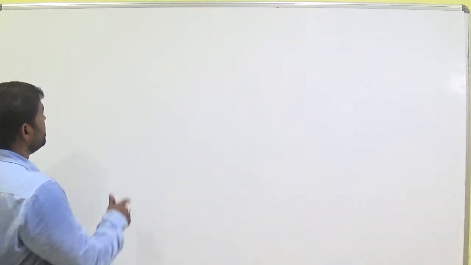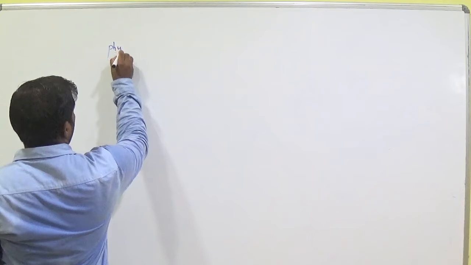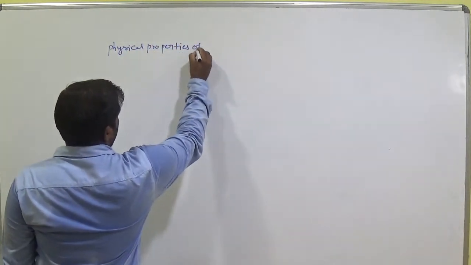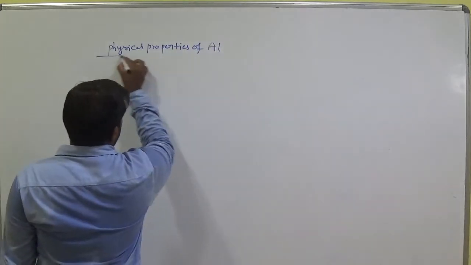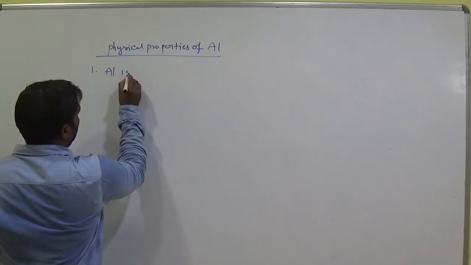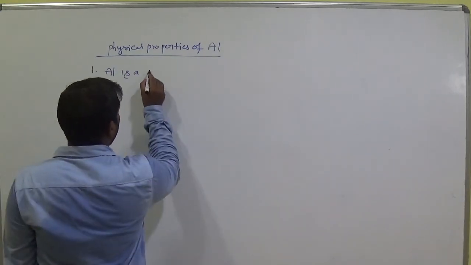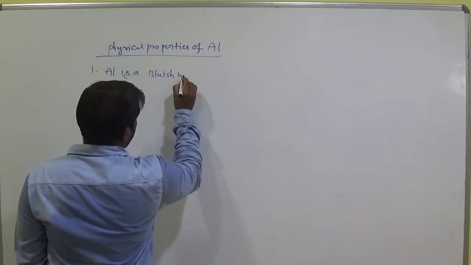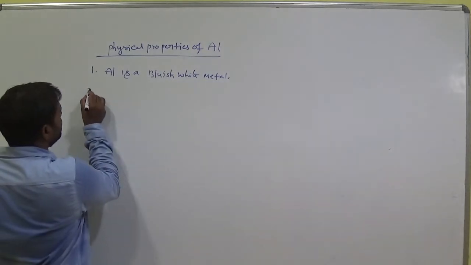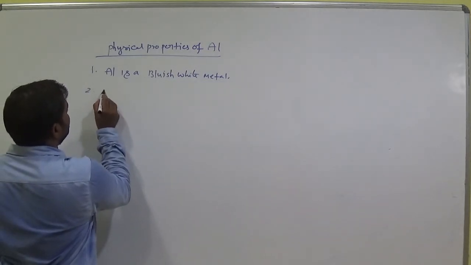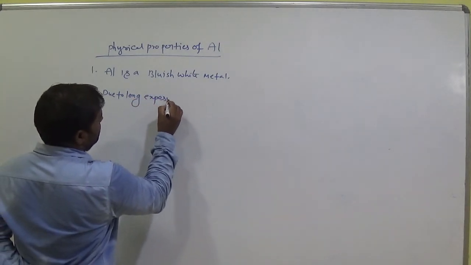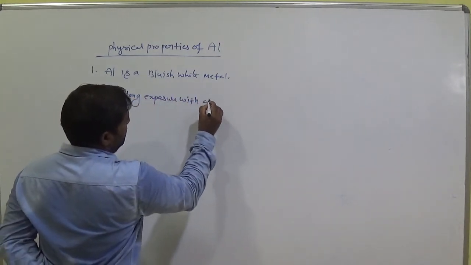Okay. And physical properties of aluminium. Aluminium is a bluish white metal, due to long exposure with air,